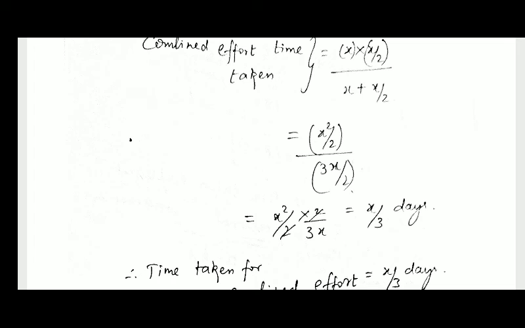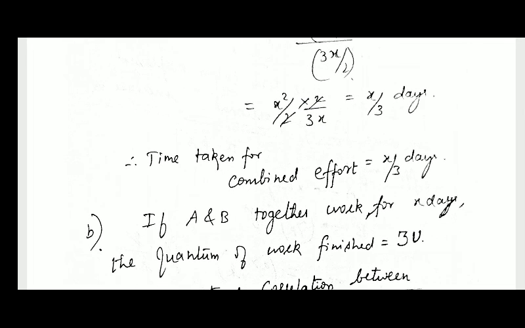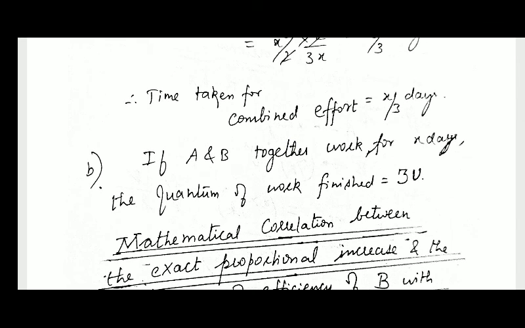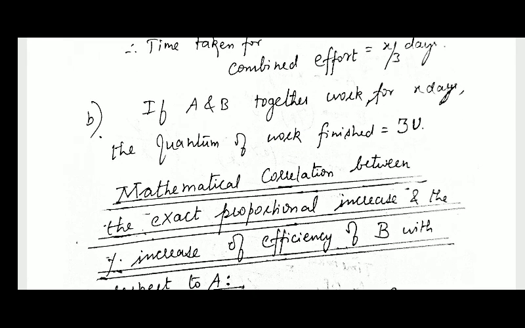Now, the second issue. When we are freezing the time frame to be x days, different quanta of the task will be completed, namely A will complete 1 unit of work, and in the same time frame B will complete 2 units of work. So the cumulative work done by both of them will be 3 units of work. Now let us make a mathematical correlation between the proportionate change of quantum of work of B with respect to A, and the percentage of work that B does in excess to that of A.